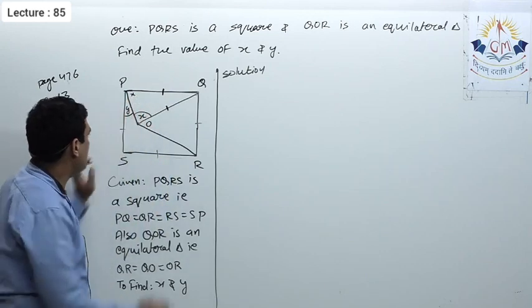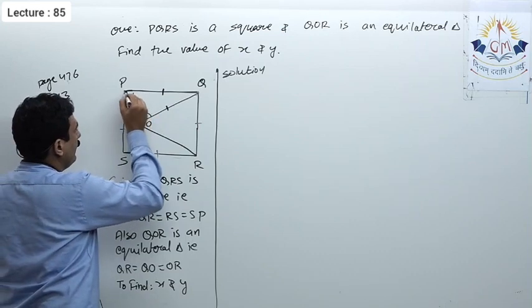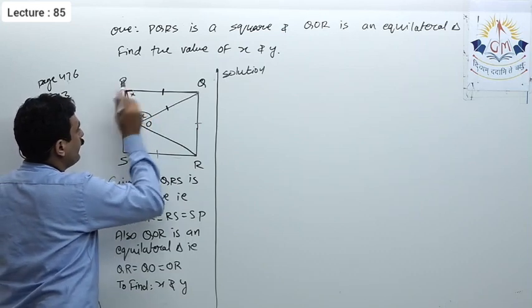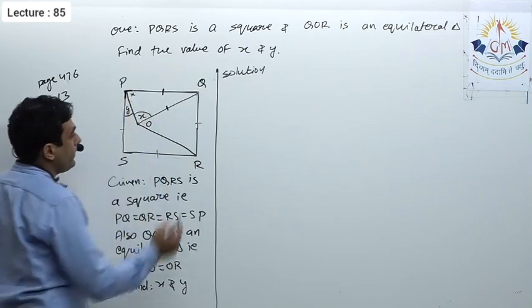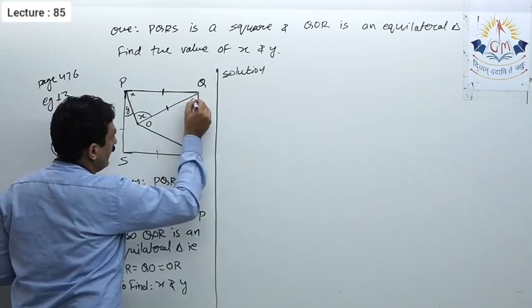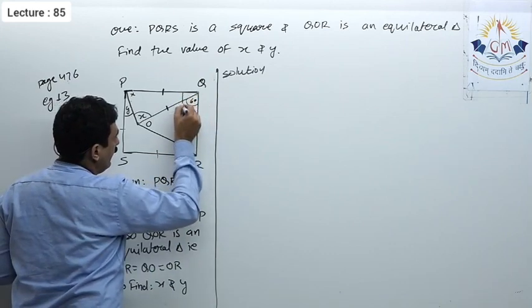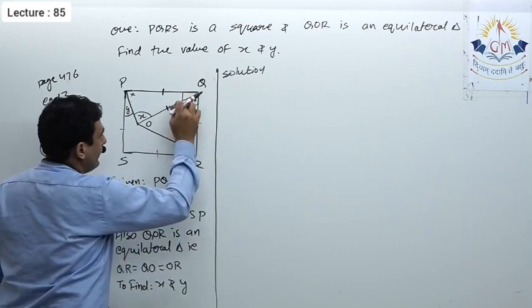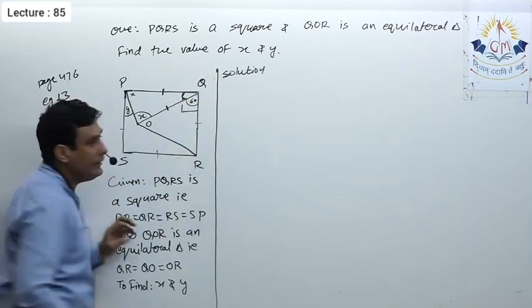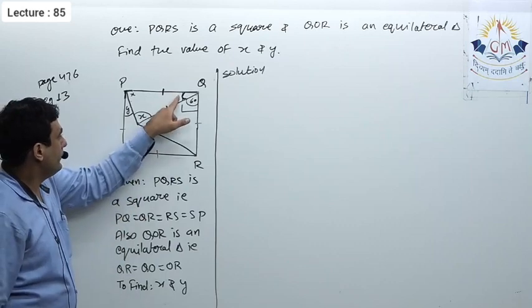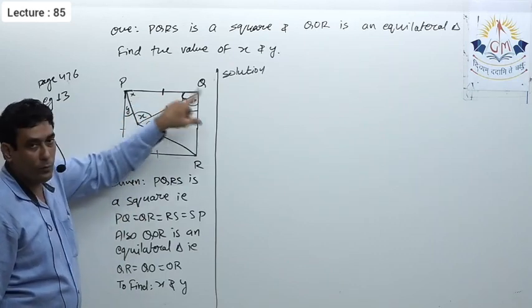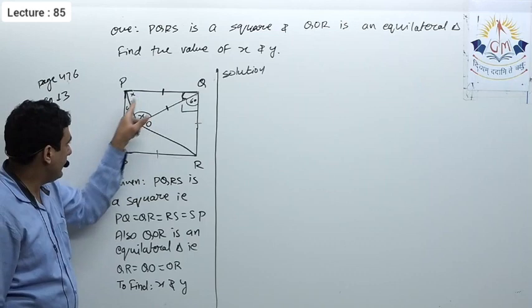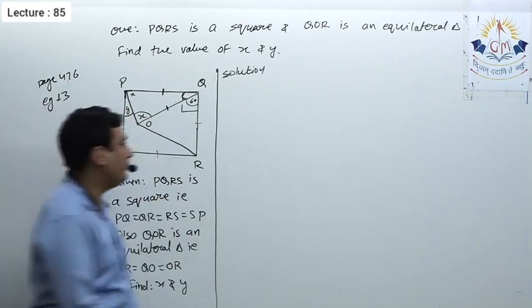So now first thing, here this is Y, this angle is X, so I can say X plus Y equal to 90. Now see, this angle is 60 degrees because it's an equilateral triangle. This complete angle is 90 degrees because it's a square. So I can get the measure of this angle, that is 30. So x plus 30 equal to 180. That gives you x, and then x plus y gives you the value of y.